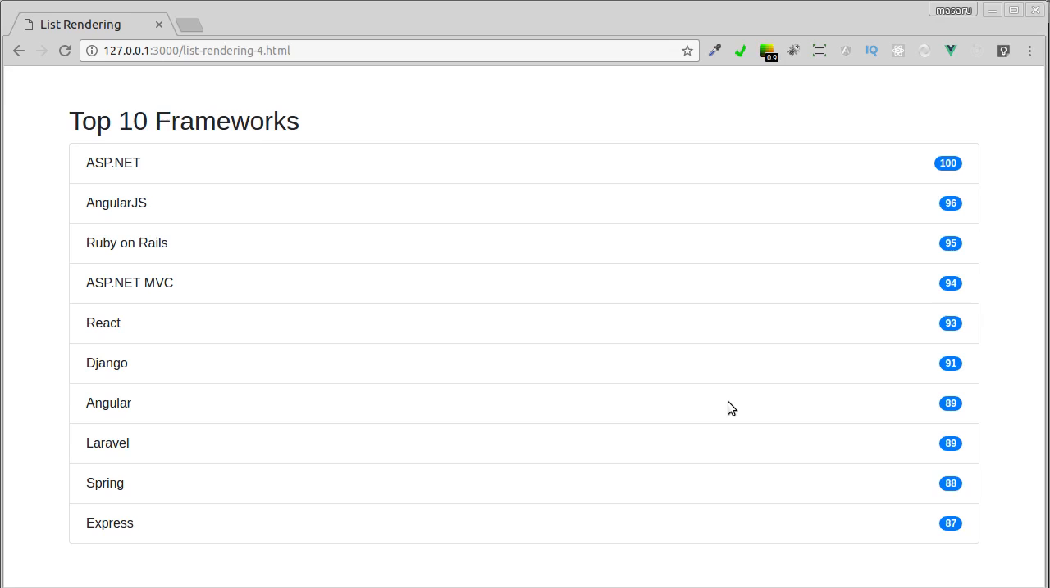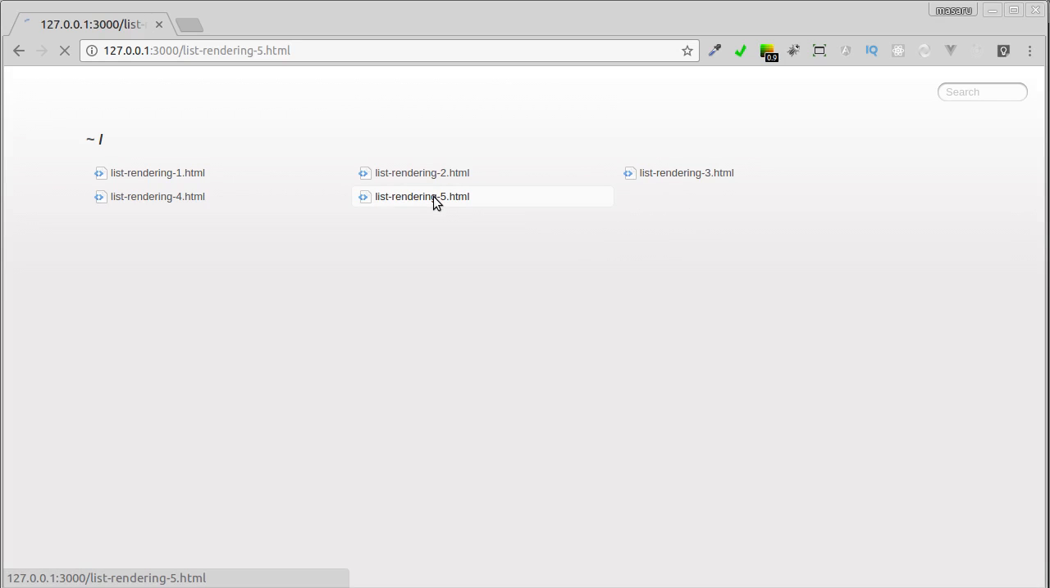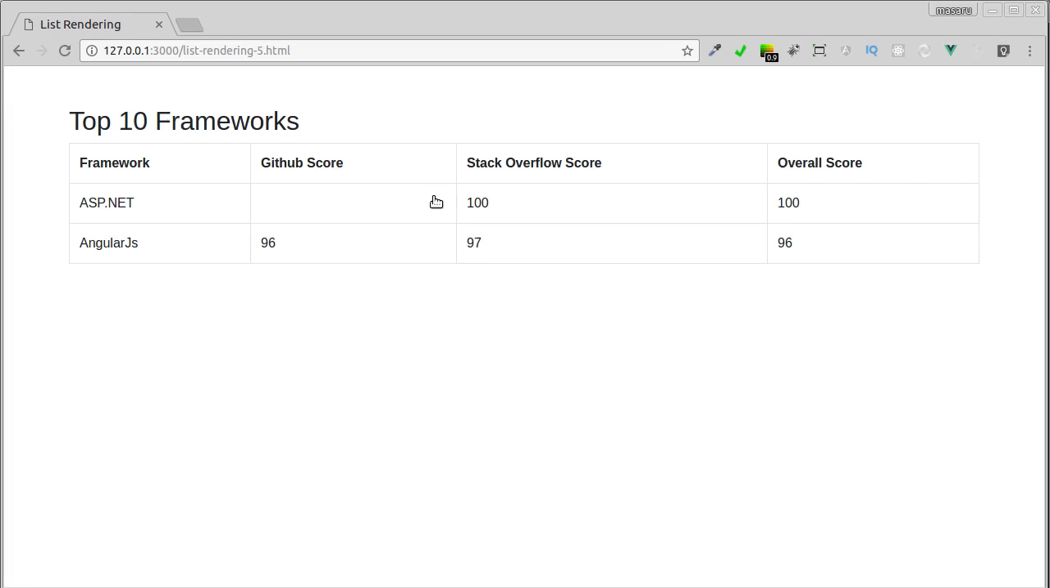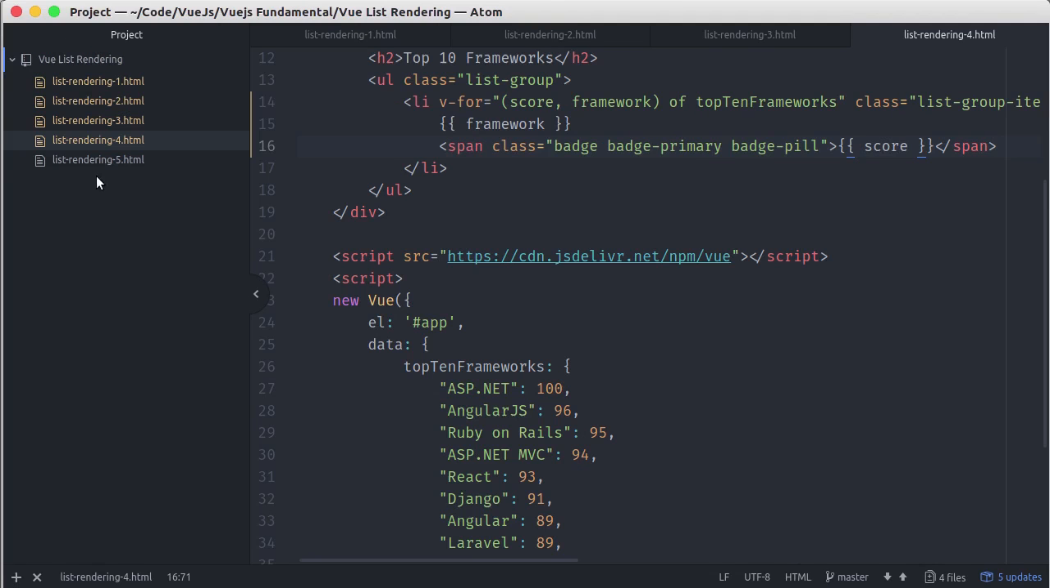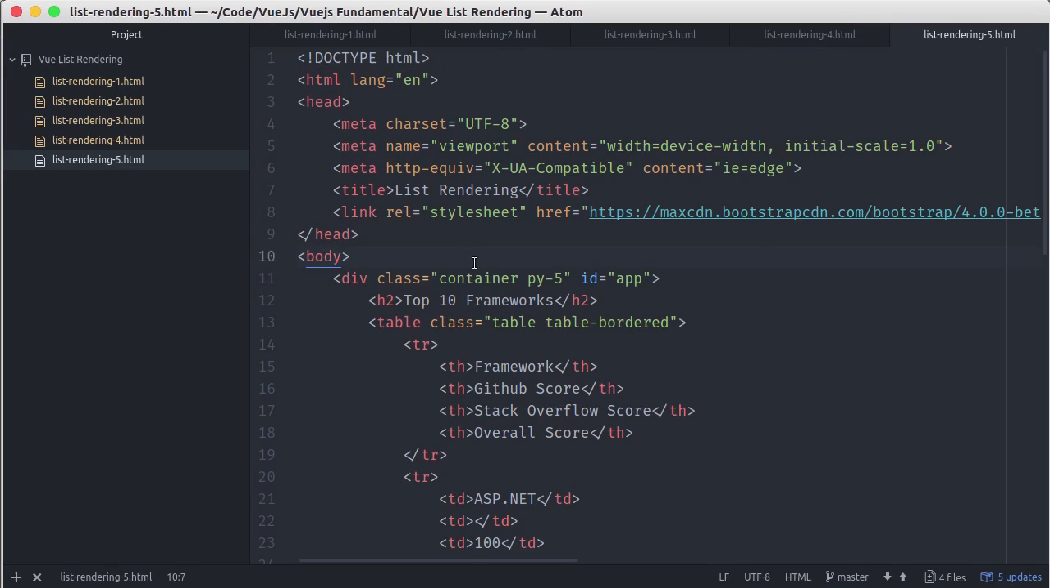Finally, let's look at how to implement the v-for on an array of objects. Let's open listrendering5.html, and here we will display the top 10 framework in a table. So each framework will have a score from GitHub, Stack Overflow, and overall score. Let's switch over to our editor, then open listrendering5.html,